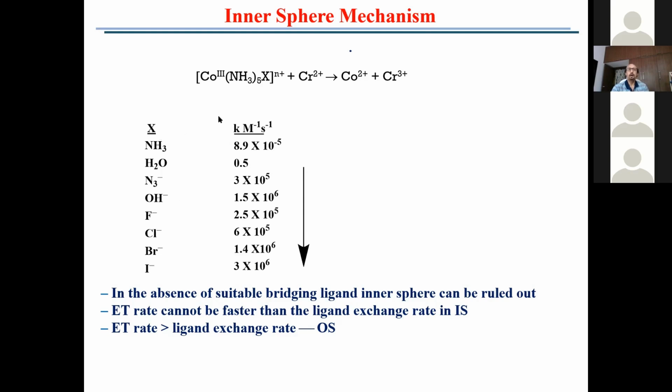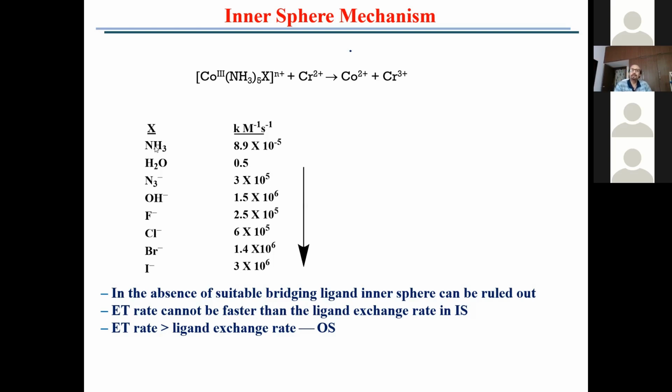Now, if X is ammine, you can only determine the second order rate, right? And when you determine the rate, it will never tell you whether it is outer sphere or inner sphere. You have to judge it by considering how slow or how fast the rate is. So that will be your initial impression. Not necessarily always correct,